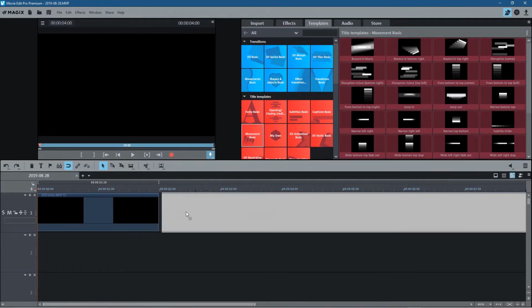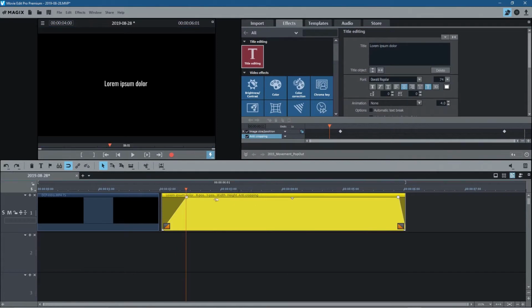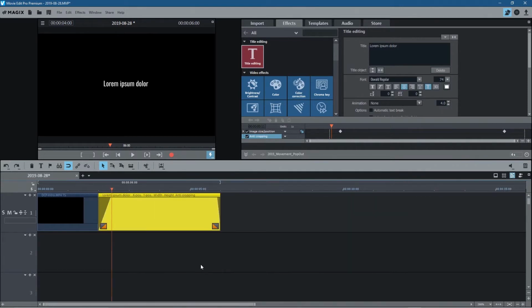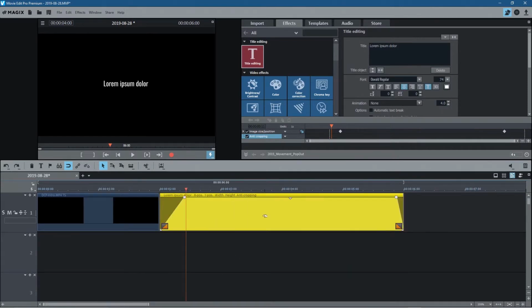So we'll just drag and drop that onto the timeline, and it's already got the fade set out for you. So we just drag it and snap it to this one here, to the edge here. Let's just zoom out a little bit here. Let's zoom to fit. And I'm going to double click inside here, and we'll just write in here